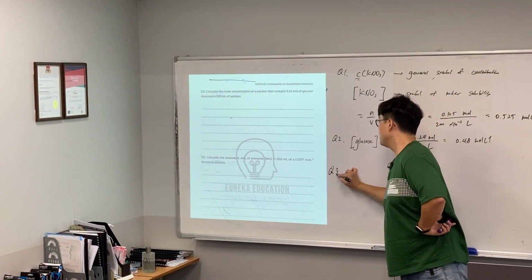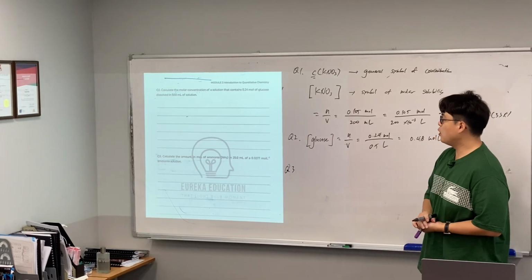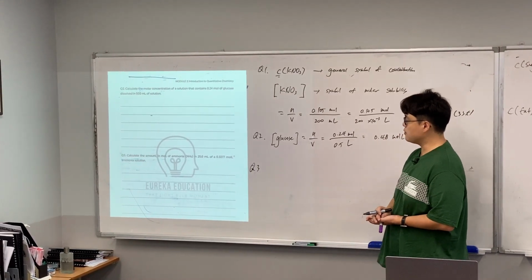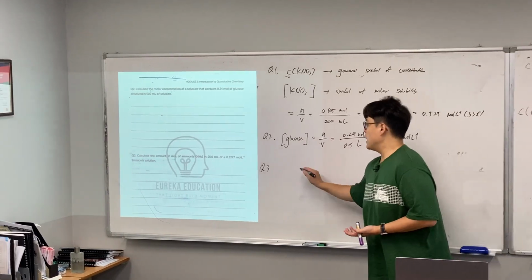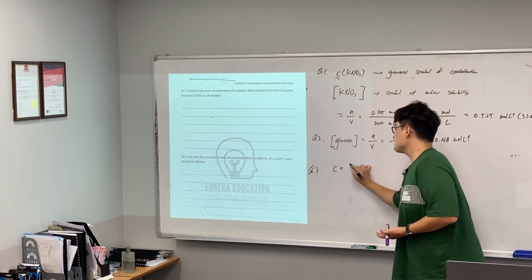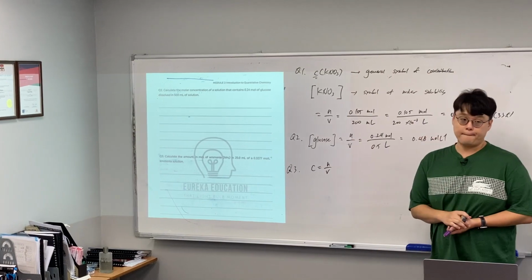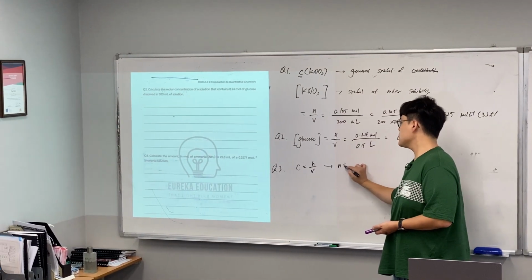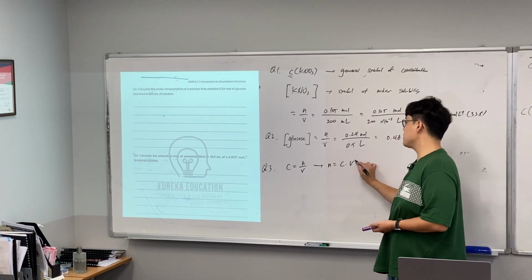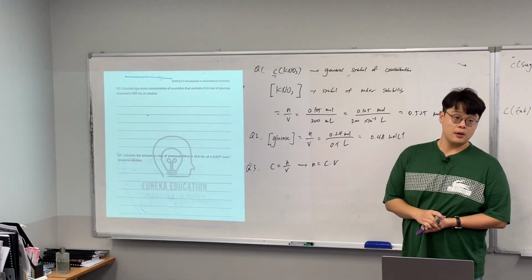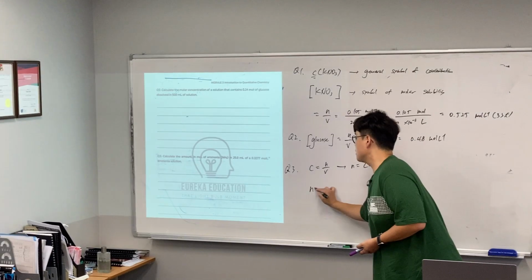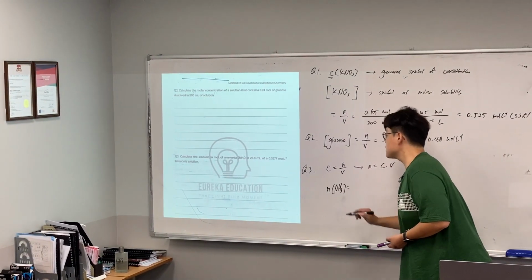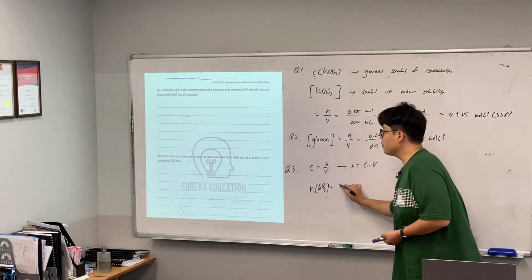Question 3, calculate the amount of moles of ammonia in 250 mL of the 0.3277 mole per liter. As we learned, concentration is n over V. From here, if you want to get the number of moles, you can just change that to n equals concentration times the volume. So the way we can write that answer is now the number of moles of the ammonia, NH3, is the same as the concentration that you have,